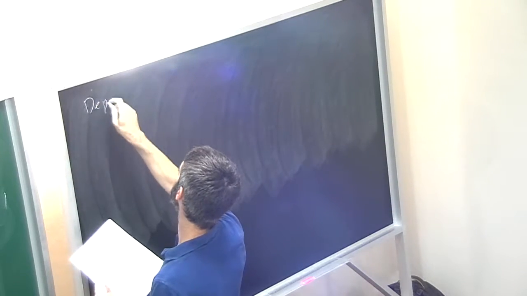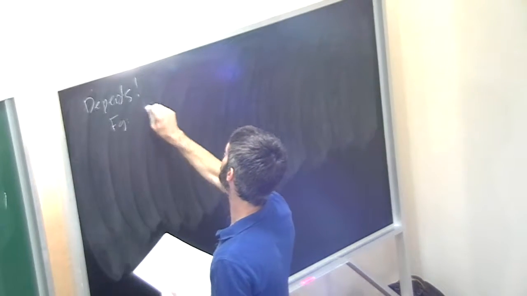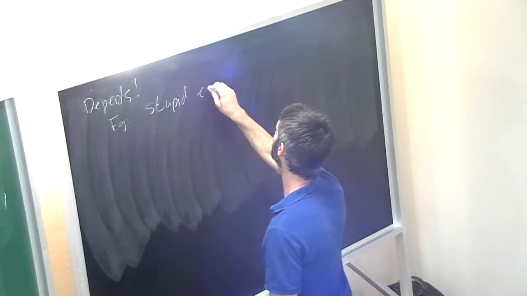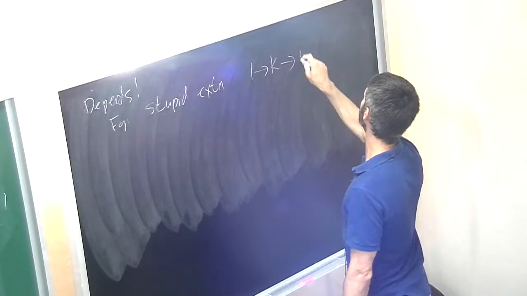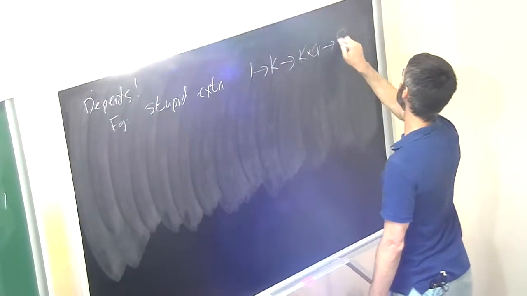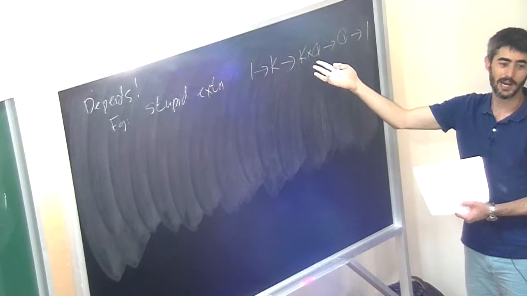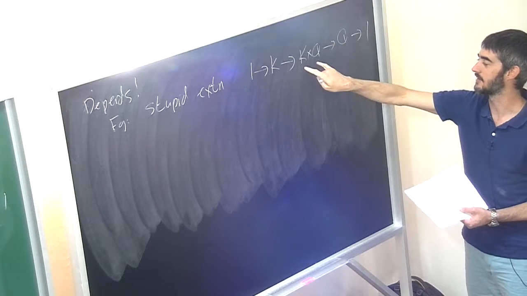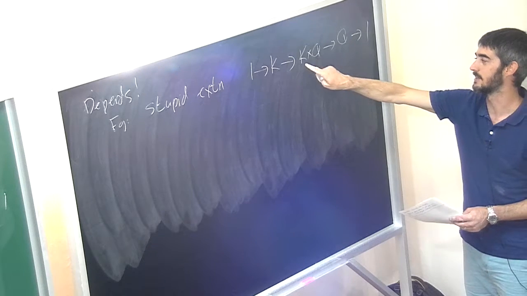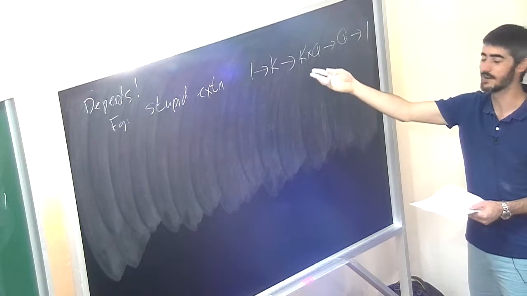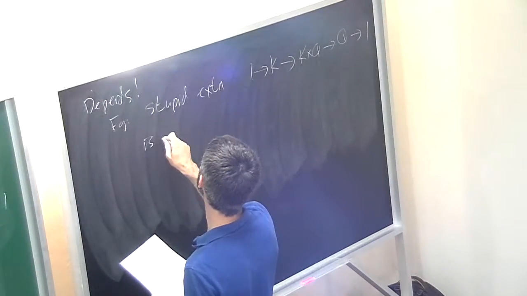So the answer is kind of that it depends. For example, I could do the stupid extension. I could just take the product of K and Q, and that's an extension. And that's probably not hyperbolic. In particular, if K and Q are infinite, then it won't be hyperbolic. Or if there's an infinite order element in K and an infinite order element in Q, then I have a Z plus Z in here, and it won't be hyperbolic. So this is never hyperbolic